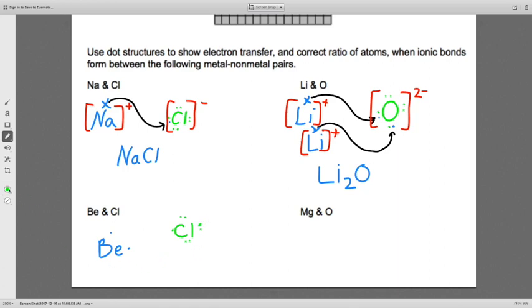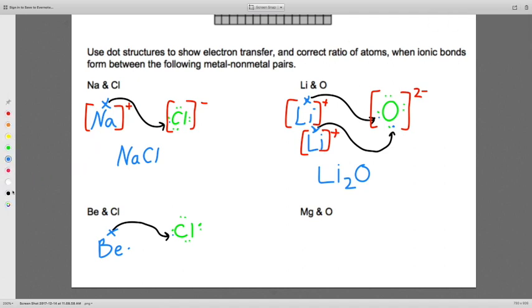And if we look at our transfer here, this beryllium atom would like to get rid of 2 electrons in this case. However, the chlorine atom can only pick up a single electron. It has its full octet, so it's not going to accept another electron because then it wouldn't have a noble gas configuration. So what we need here is